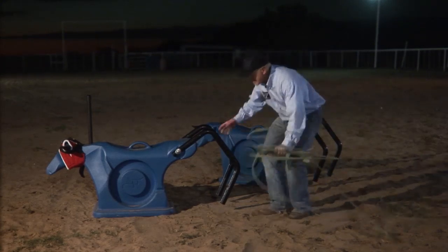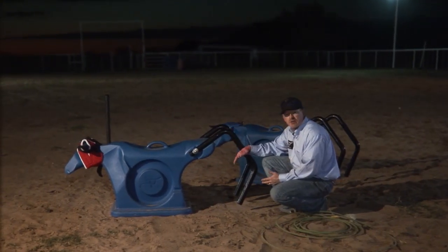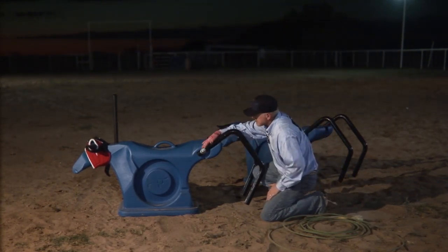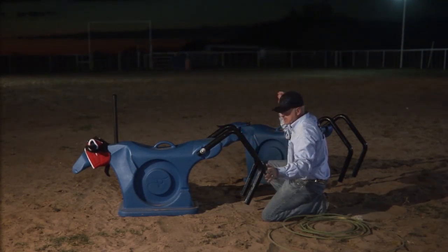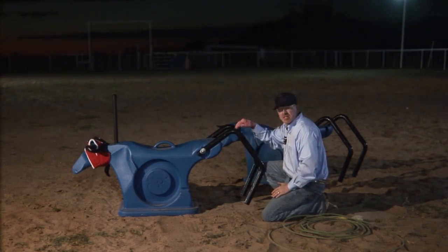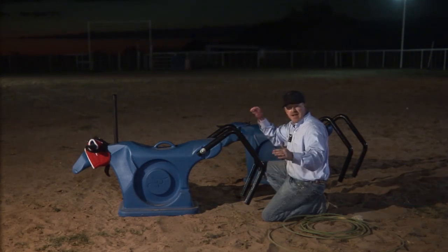On the back feet, what we did here is we created a window that's going to encourage a roper to deliver his rope at the same angle he would off horseback. The top rail of this leg is set at a specific angle and for a specific reason. It was done like this so as you're swinging your heel loop and your tip is down, you can look through your heel loop as it comes across and match it to the same angle of this leg. It's very close to the angle you're going to carry your heel loop as you're going down the pen